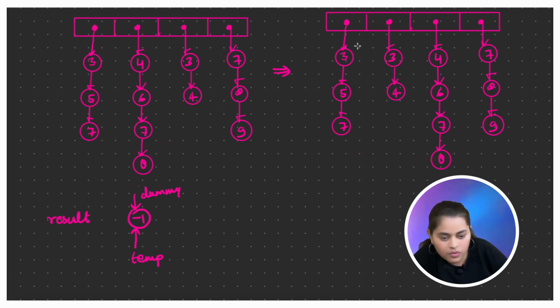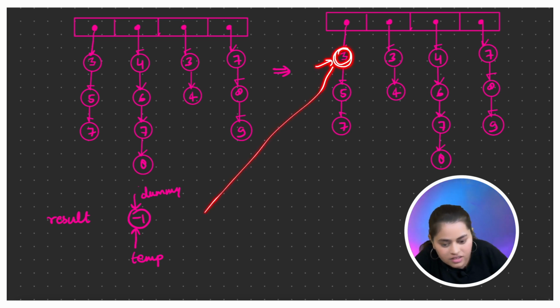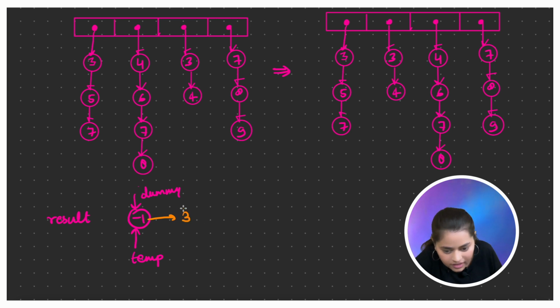We have sorted this array into this. Now we can go to the 0th index, and because we have sorted this array already, we know the global minimum out of all the k lists will be at the 0th index. So we can take this 3 and add it to our result list. We'll add this 3 to temp.next, and now we can move our temp pointer one position ahead.